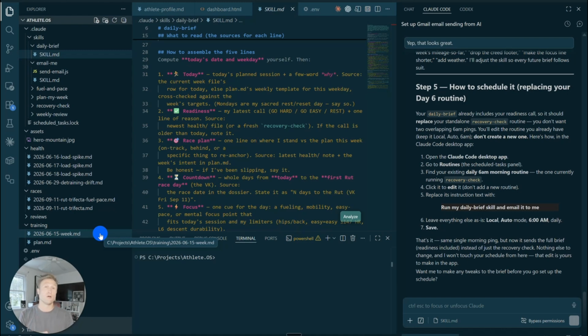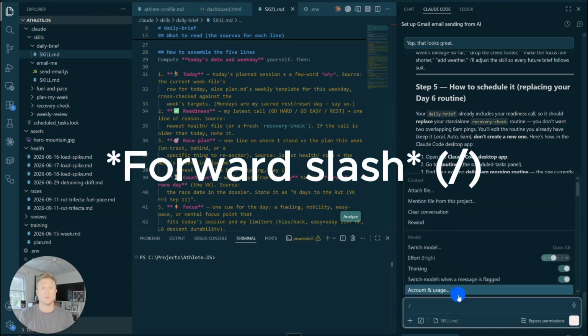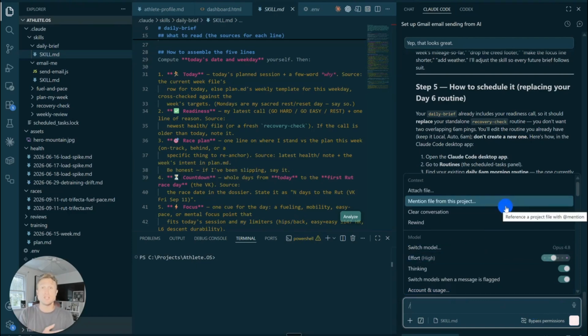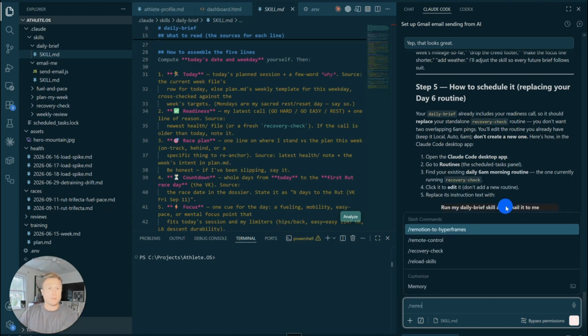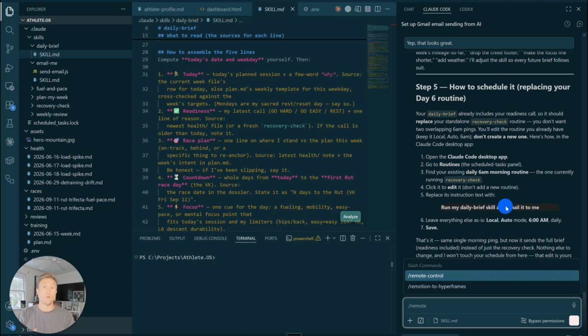Now, to do this, we're going to use a skill that Anthropic has already built out and we don't need to configure. Anthropic has built out a ton of skills that you can access directly in the Claude chat. In order to do that, you're going to hit backslash. When you hit backslash, it brings up this window where you can configure and change a number of different settings. One of those is actually accessing all the skills that not only you built, but that Anthropic has built specifically for Claude Code. So the one that we're going to look for is the one titled remote control,